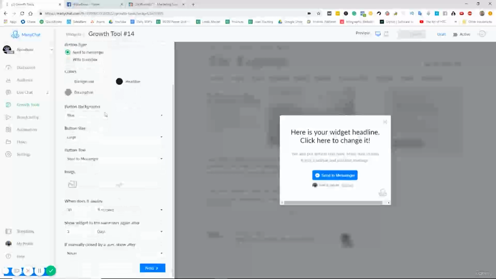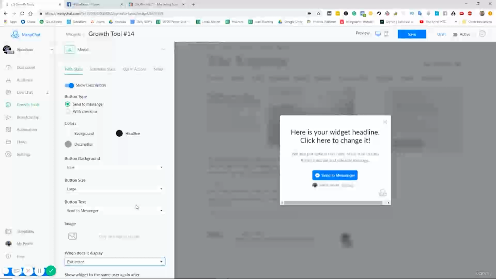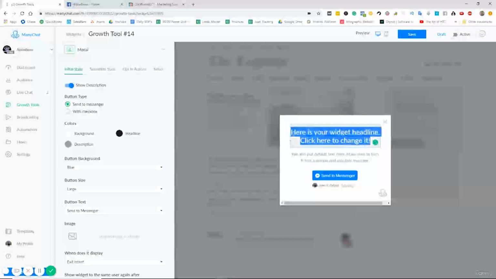And similar to the other ones here, we can change all the different attributes here, the button, add an image here. But this is more for like if somebody's scrolling and they're looking to exit the page, right? We can have this as an exit intent, right? And that's mostly what I feel this is used for, and the best way to use this tool, right? Because you can get a lot of traffic that is kind of going and maybe leaving the page, but you can have something in here like, wait,